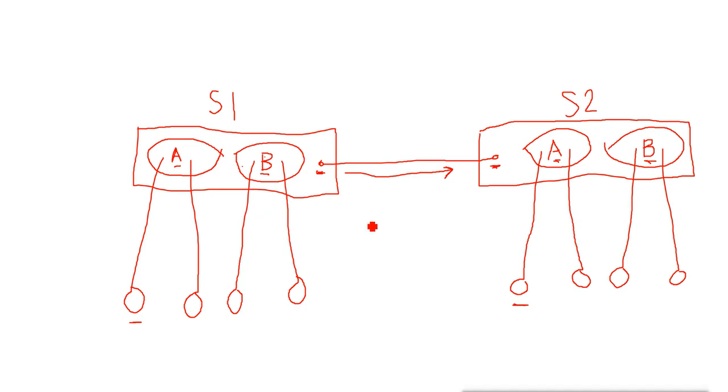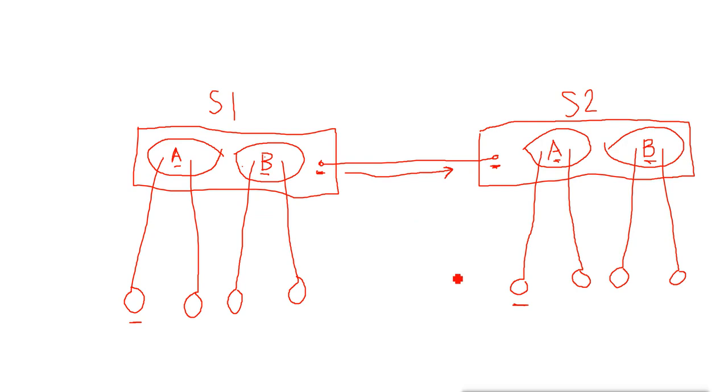So for making it work, what we need is, first, whenever any data comes for the VLAN, it must also go to this port. Then when the data goes out from this port, it must have the ID of the VLAN. That means the data must have the tag for the VLAN number or VLAN detail. Otherwise it will reach switch 2 and it will not understand which VLAN the data belongs to. So this is the identification of the VLAN, or what is called tagging the VLAN.